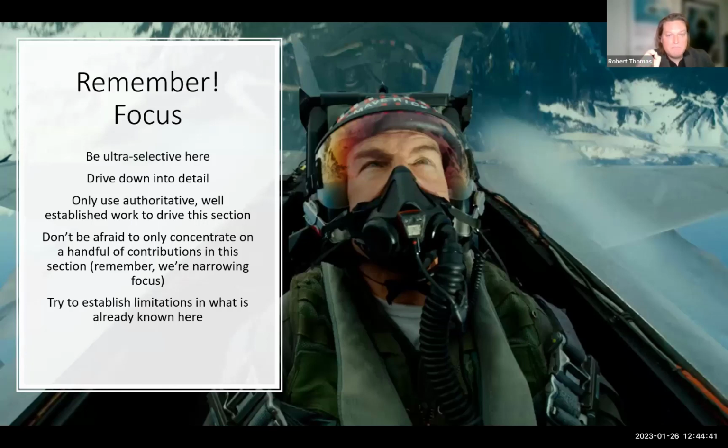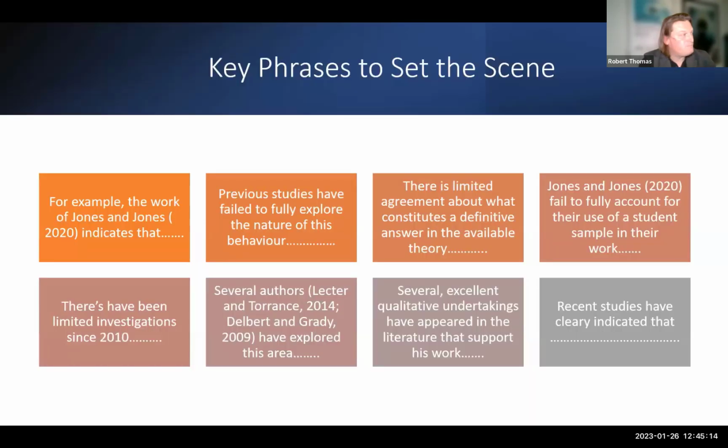So find out who the major 5 to 10 academics are in your area, and their work will potentially form the basis of your central argument, okay? But don't be afraid to concentrate on a handful of contributions. Good contributions will ultimately demonstrate a breadth of reading and knowledge, but that's okay. Try to establish the limitations of what's known, okay? Always, always, always come back to the point that we are learning constantly, and that's how you frame your research question into that major area, okay?